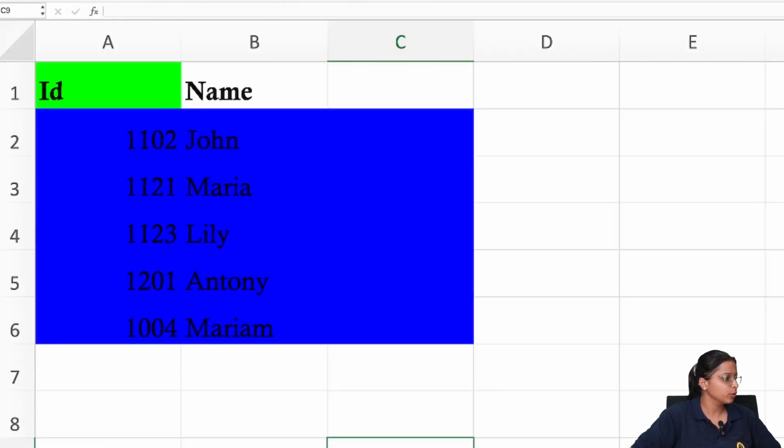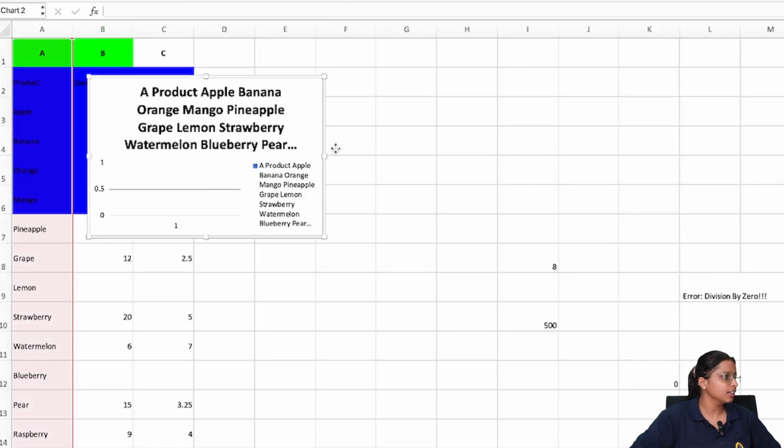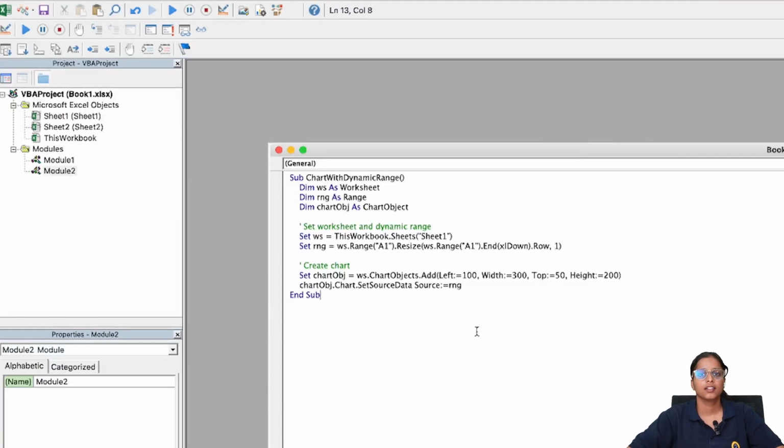You will go to our sheet and you can see there is the data present here. In the same way, you can create a summary. Do give it a try, and if you face any challenge, do drop that in the comment section. Now we'll look into how to handle errors and what are the best practices.